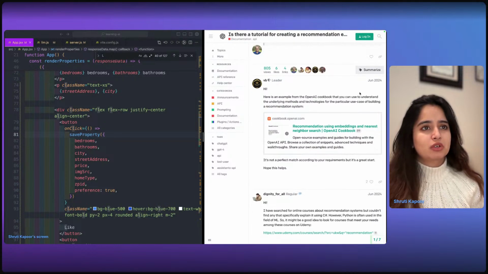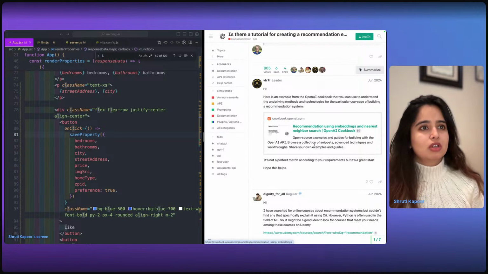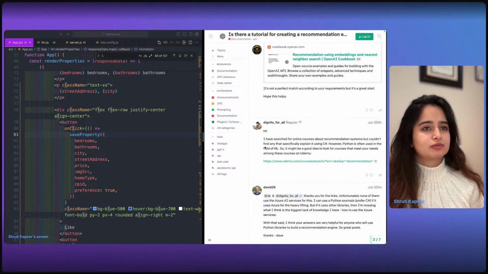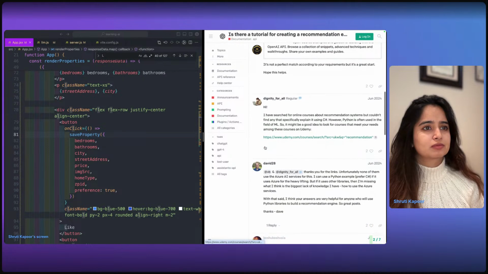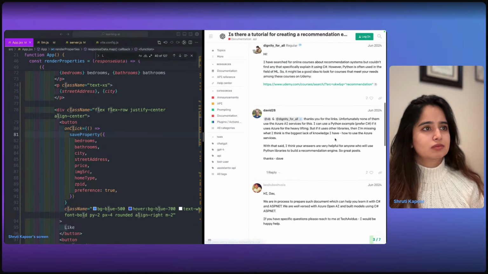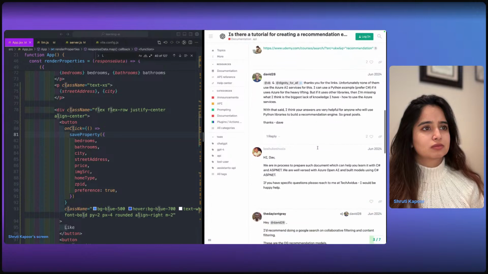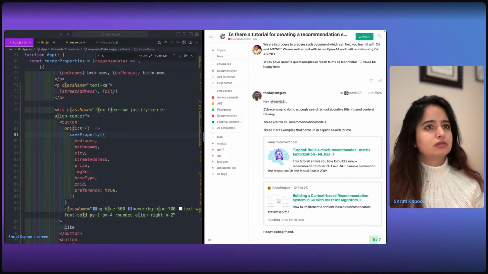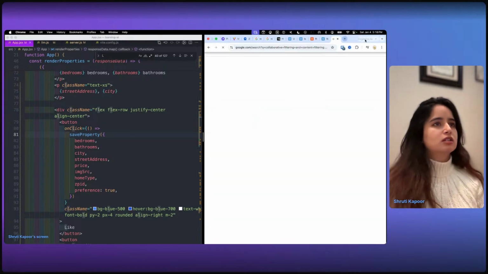Here's an example from the OpenAI cookbook that you can use to understand underlying methods. Oh, this is helpful. Open source examples. Okay, let's look up this collaborative filtering and content filtering.